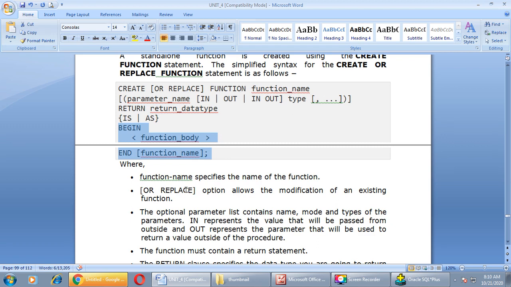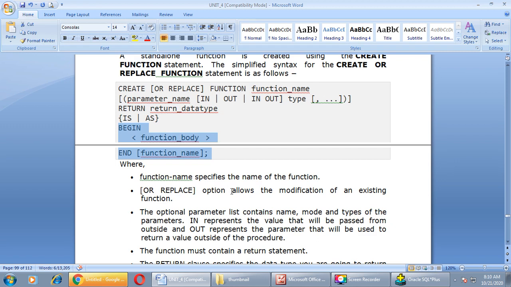Let us see what parameters we have used in this syntax. Here function name, this parameter specifies the name of the function, as we have seen in the procedure. The or replace option allows the modification of an existing function. If your function already exists, and you want to make some changes or create a new function with the same name, at that time you can write or replace.